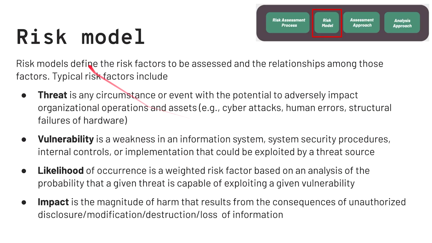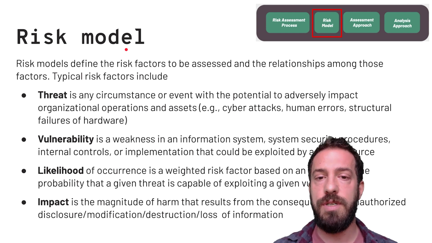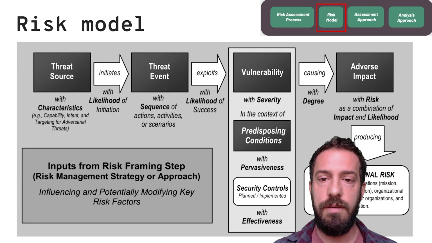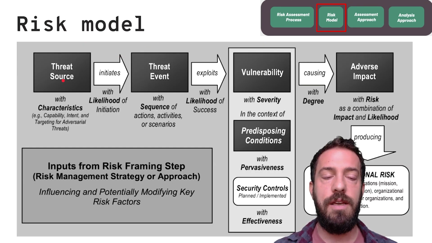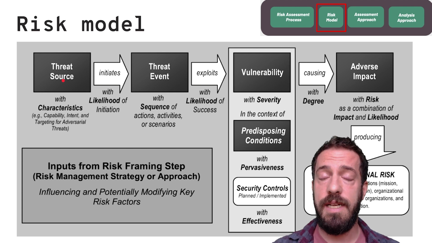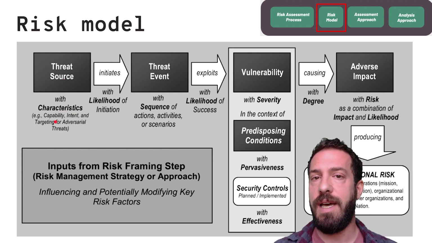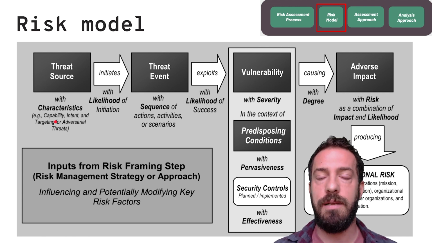Risk models define the risk factors to be assessed and how these things connect to each other. And we have some typical risk factors we already discussed: threats, vulnerabilities, likelihoods, and impact. The risk model defines how these risk factors are connected to each other. An example of a generic risk model is seen on the slide. We can think of an initial threat source with some characteristics, and the characteristic could be the capability of the adversary, nation state or cyber criminal or insider, or intent: do they intend to steal, to harm,